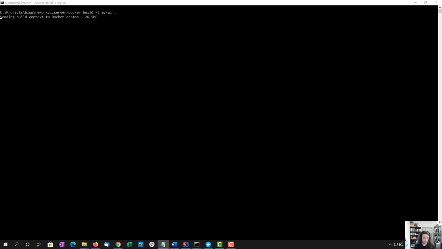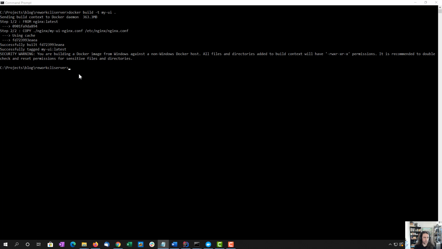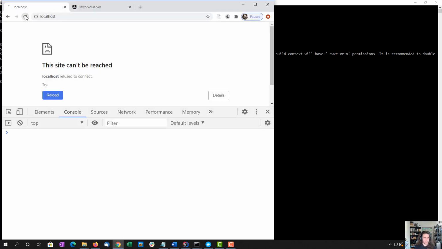new Docker image. It's going to look like this is working perfectly, and it does. I'm going to go ahead and run it. I'm giving it the name MyUI, port 80 externally goes to port 80 internally, and now it looks like it's running. But if I go over to a browser,